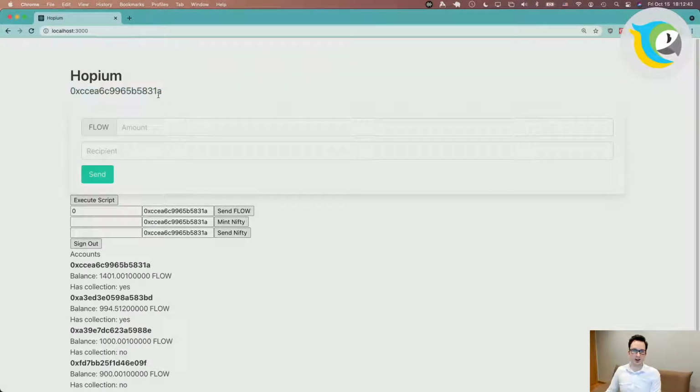So what I have here is a simple title, a subtitle, which is the currently logged in account, and then we began our developer hours, specifically this repository, by building a widget with which we can send some Flow around, right? So let's go ahead and test this new and improved interface.